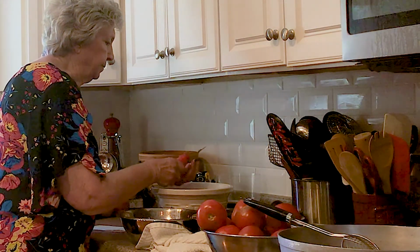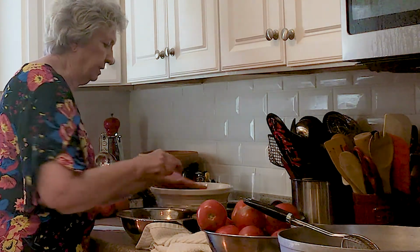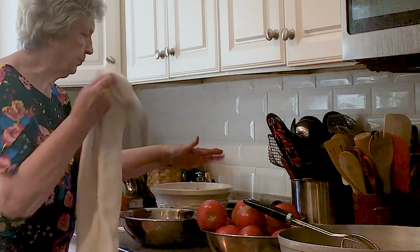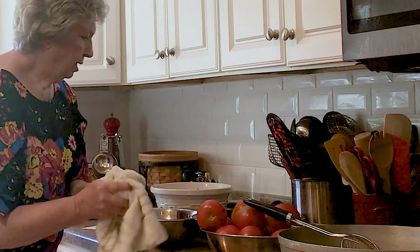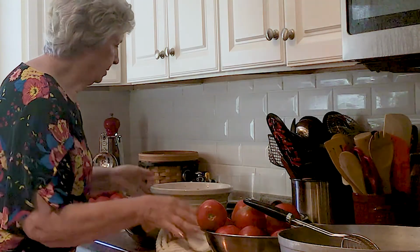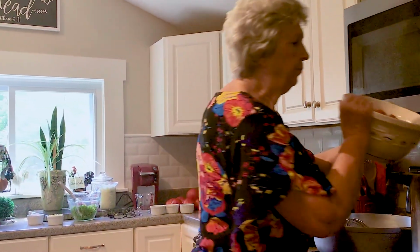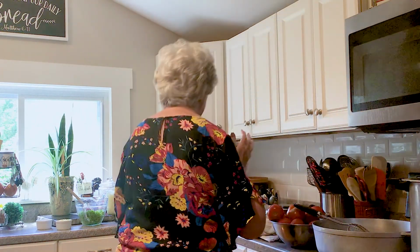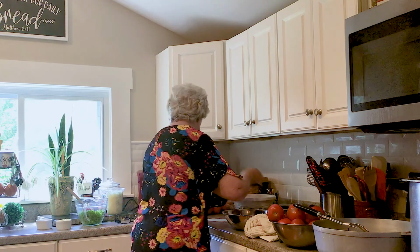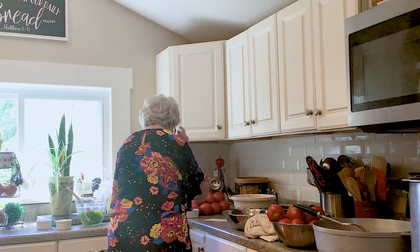You'll enjoy it. Once I get this done, once I get it canner full to cook, I'll peel the rest of those in a little bit. Get your bowl and put it in your big pot. And then you'll want to add to it,